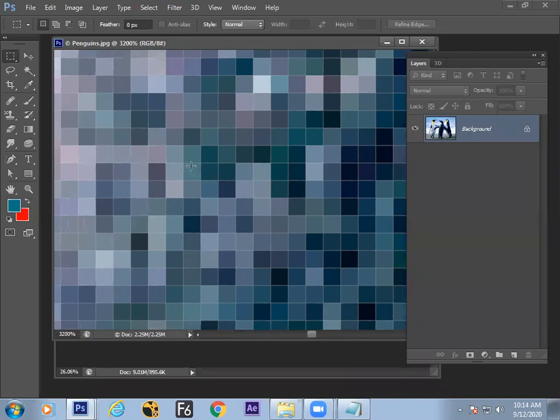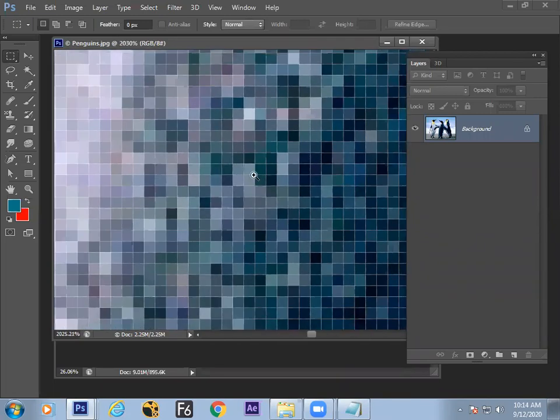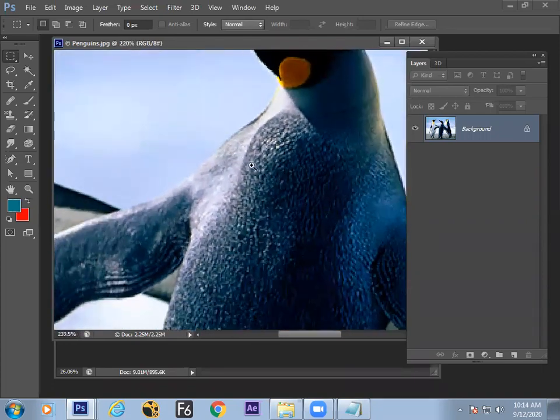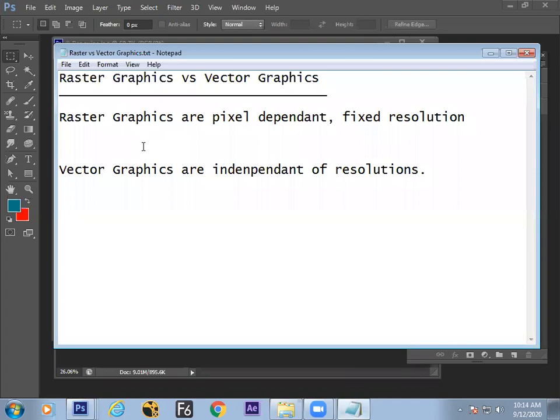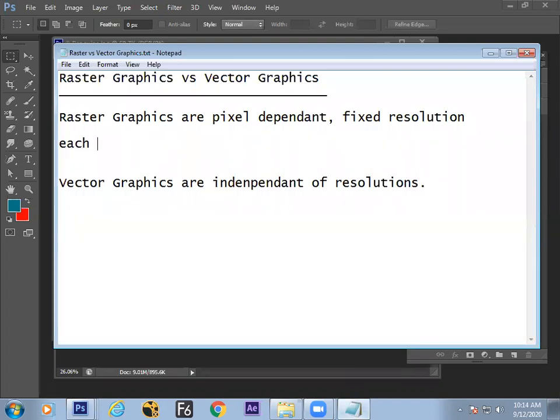Each pixel has its own color value. Each pixel contributes to an entire image, so it is pixel dependent.